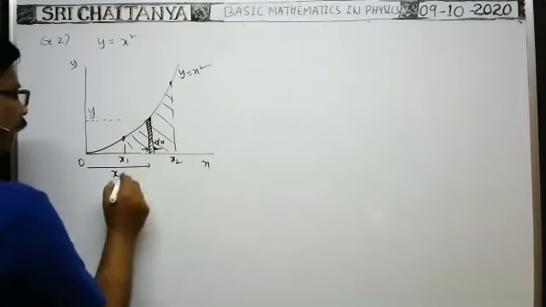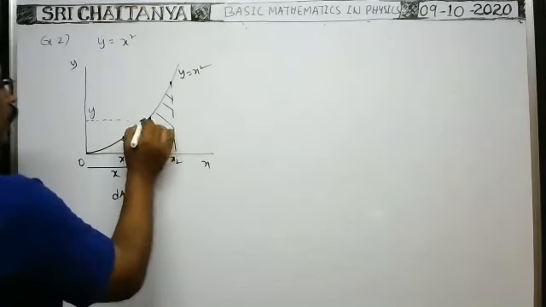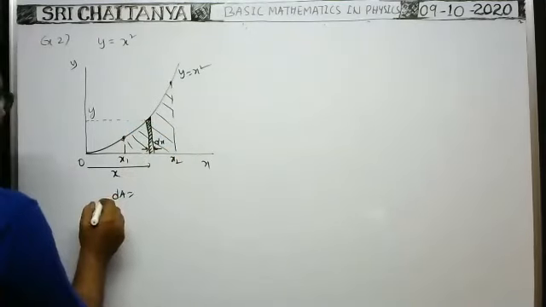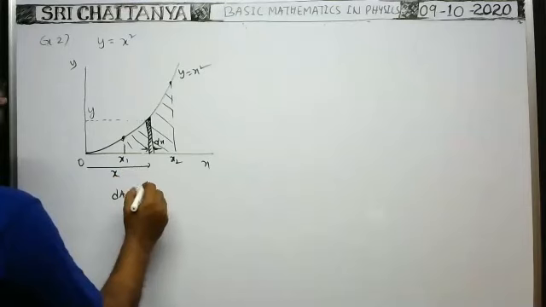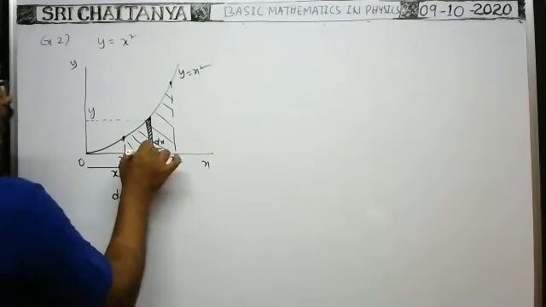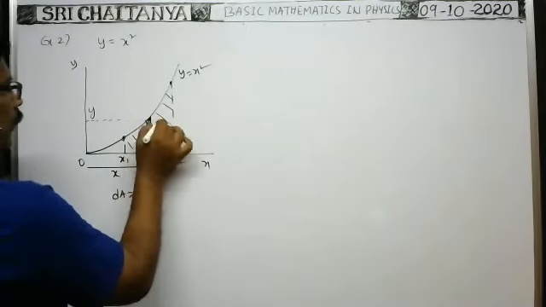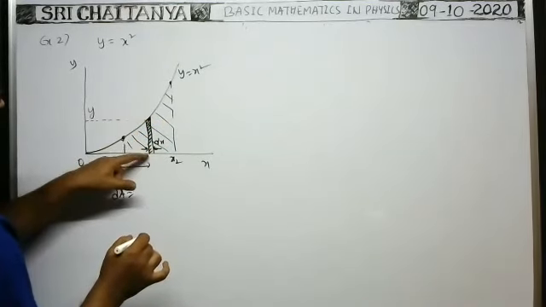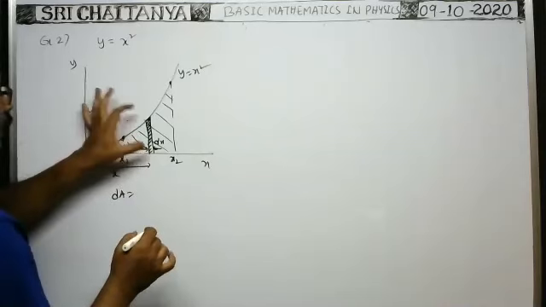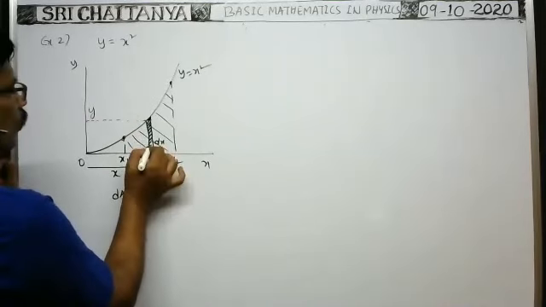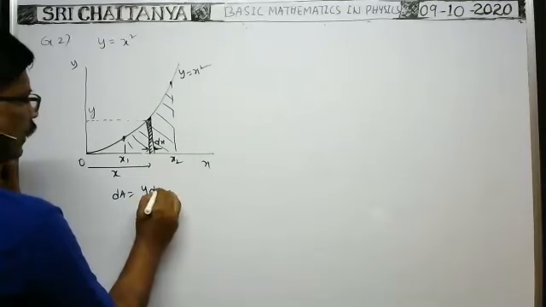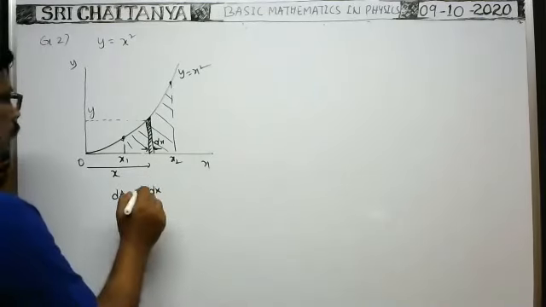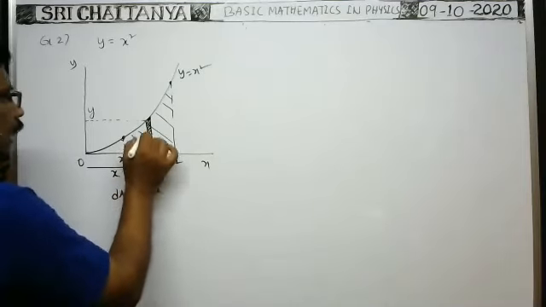Therefore, what is the area under this element? The height is equal to y, the width is equal to dx. So the area under this element considered, dA, is equal to height into width, length into breadth. Length is equal to y, because here the y coordinate is y and here it is 0, so y minus 0 is y. So this length is equal to y, into breadth, which is the thickness of the element dx, so y dx. Okay, therefore it is the area under the element considered.